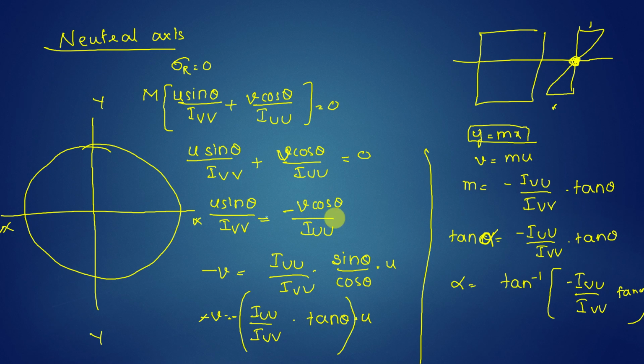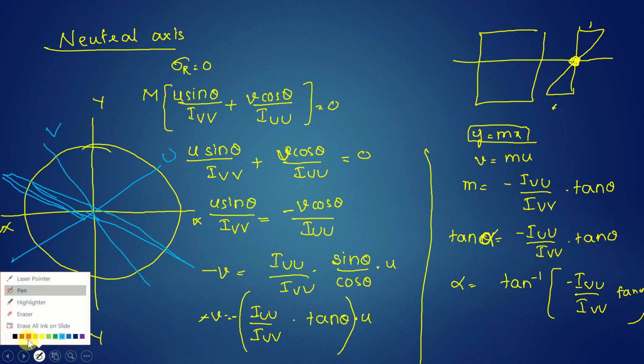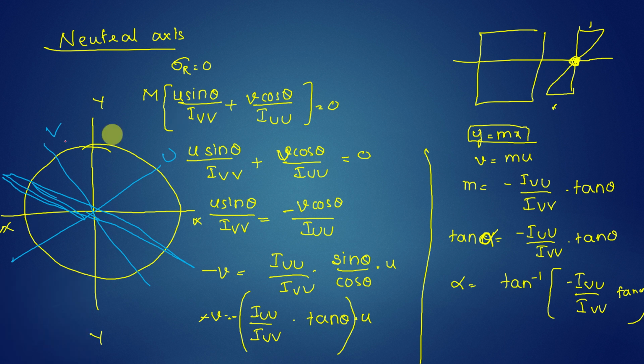Okay, new axes are, this is u, this is v. Now as it is negative, so it will come here. So the neutral axis will be maybe in this line. That is the neutral axis. So it is not very good, but it is in the direction. Please adjust to see that. Here, this is the neutral axis. Negative side, right? It will come.